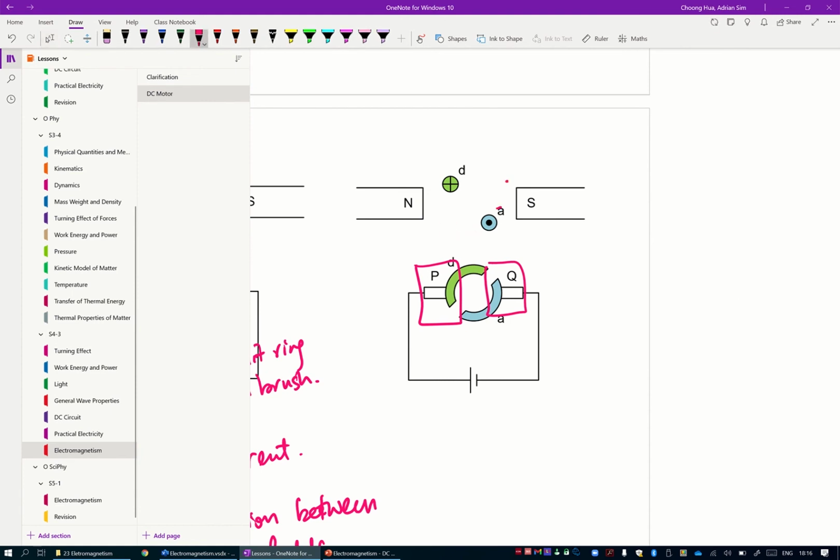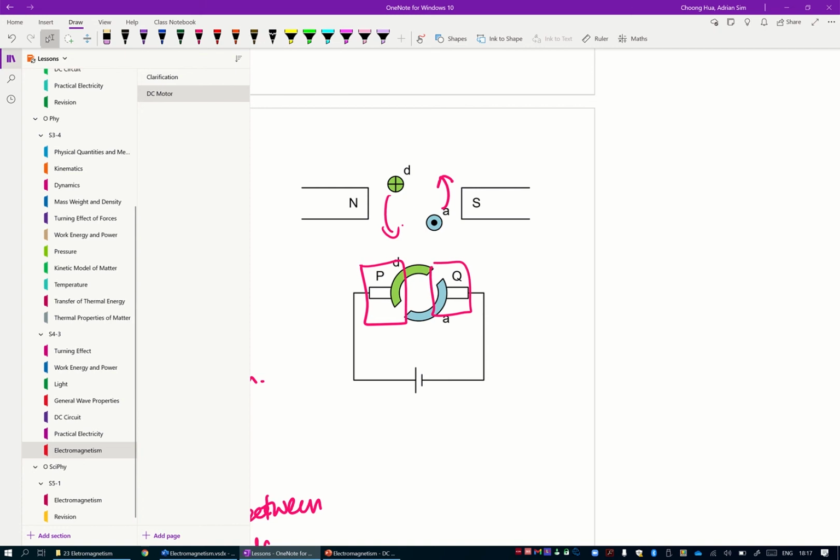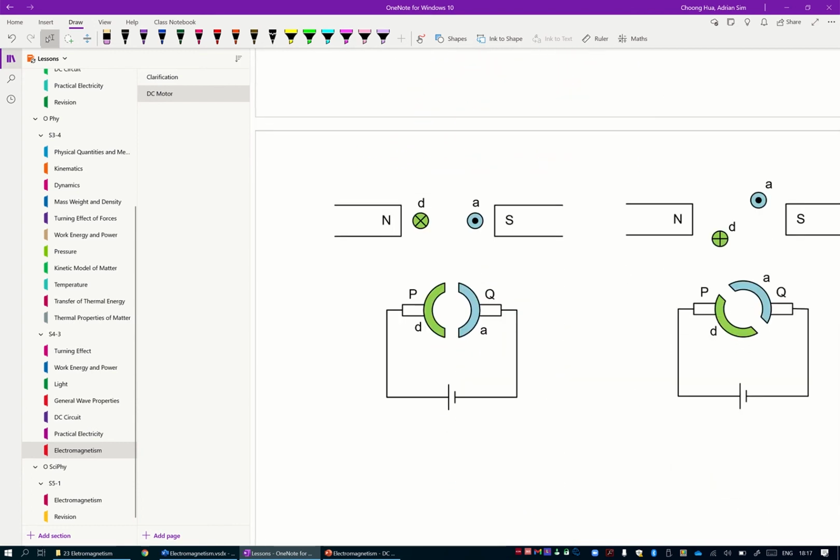You continue to turn anti-clockwise. Right? Okay, the coil will continue to turn anti-clockwise, and because right now there's a current flow, there'll be interaction between the magnetic field around the coil and the magnetic field between the magnet. Now this interaction will continue to result in an anti-clockwise motion. And the coil will continue to turn as shown here, turn again, and then continue to turn again